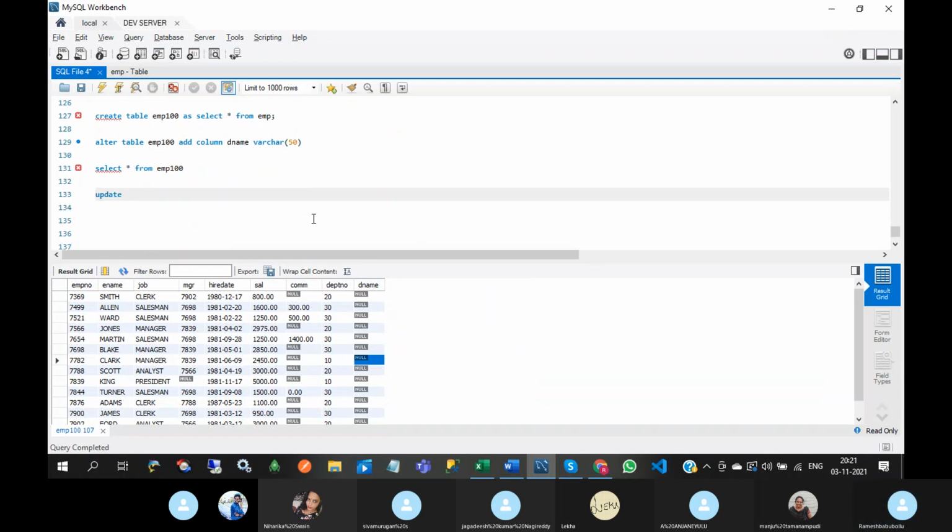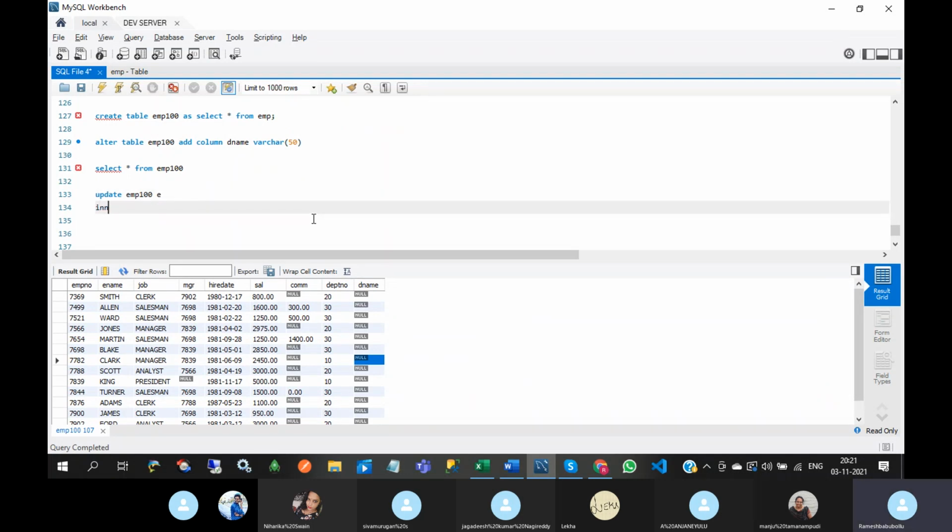Update EMP100, alias name is E, inner join DEPT D on E dot DEPTNO, what is the common column name?